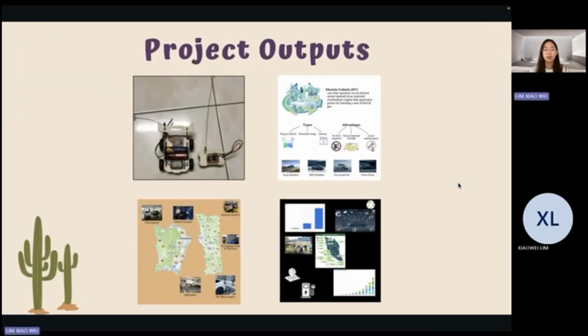This is our project outputs. The first picture is the EV model prototypes that we built to present in the information center. The second photo is the information box that we provided in ESG Day. It includes the definitions of electric vehicles, types of EVs and the advantages of EVs, and some of the